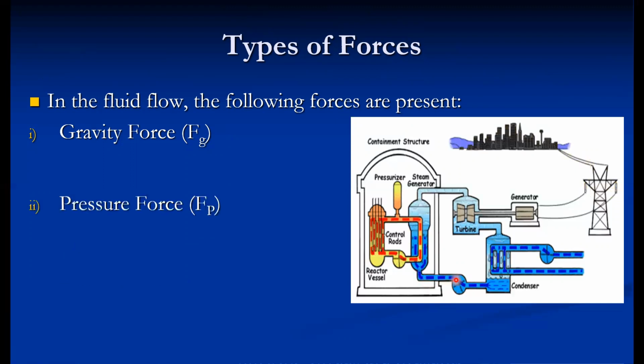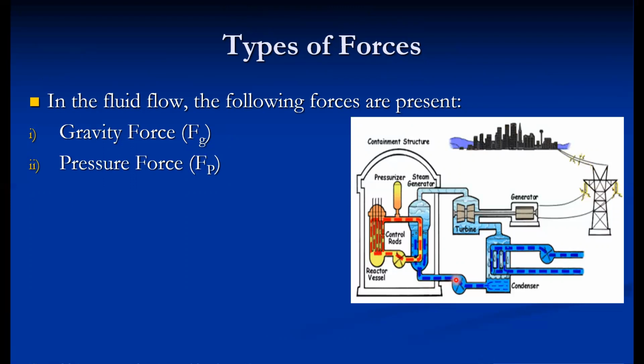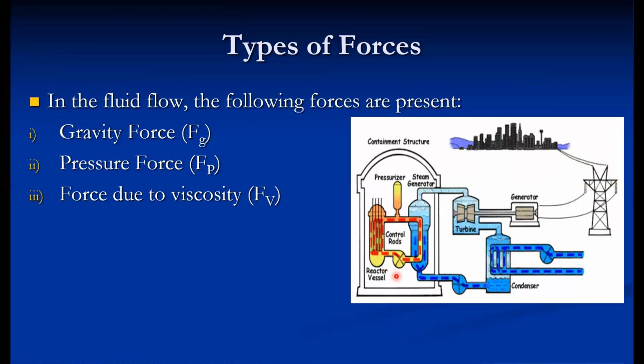Then the pressure force is there. Suppose the fluid is flowing from low level to high level, then the pressure force is required to lift that particular fluid. Like here, it is used for lifting, and this is called a pressure force. Gravity force, as in the earlier diagram we have seen, when the fluid is flowing from high level to low level, then no other force is required. So only gravity force is sufficient to flow the fluid from high level to low.